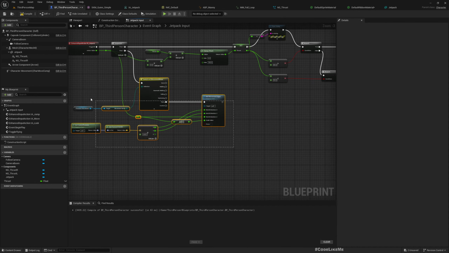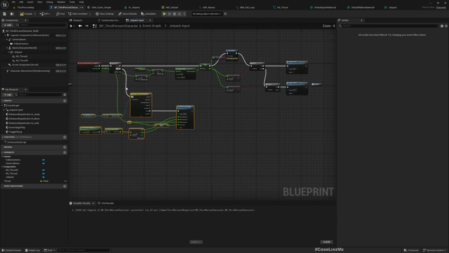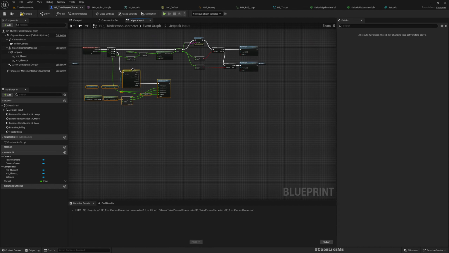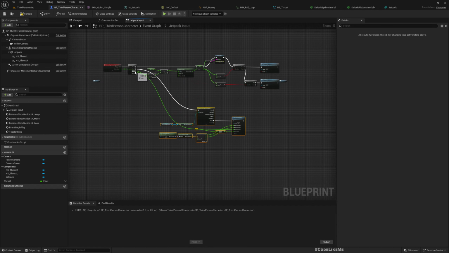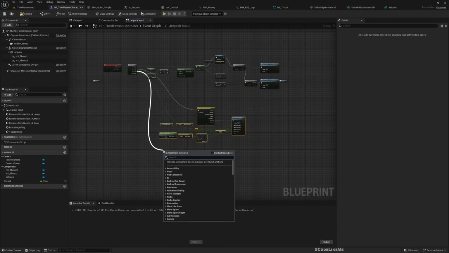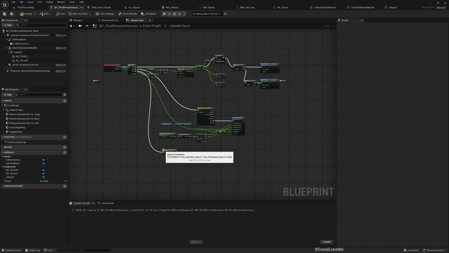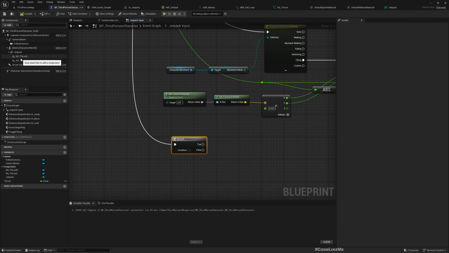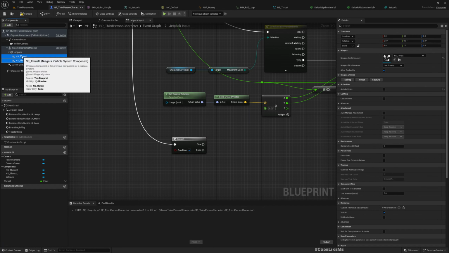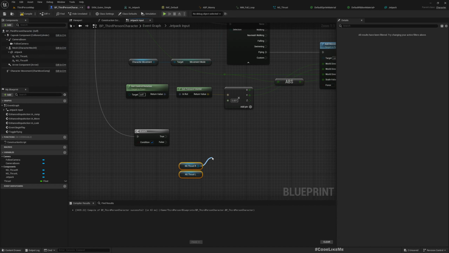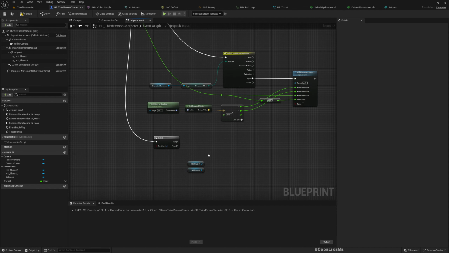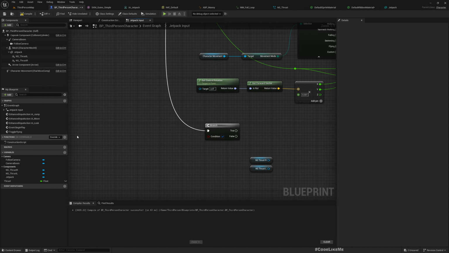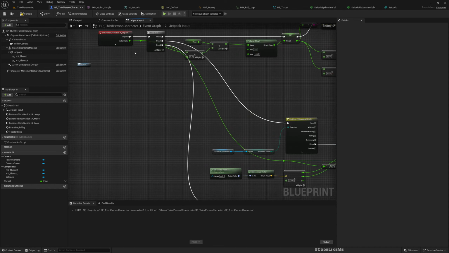And here I'll add another input. For Niagara, here I'll have a branch and get these two. We can check this active. Yeah. Oh wait. Yeah. We can get this axis value again